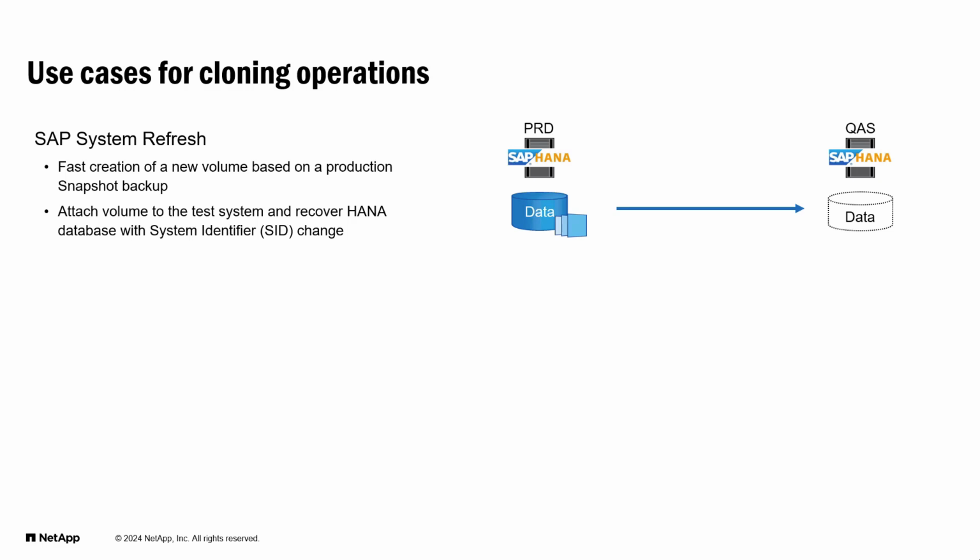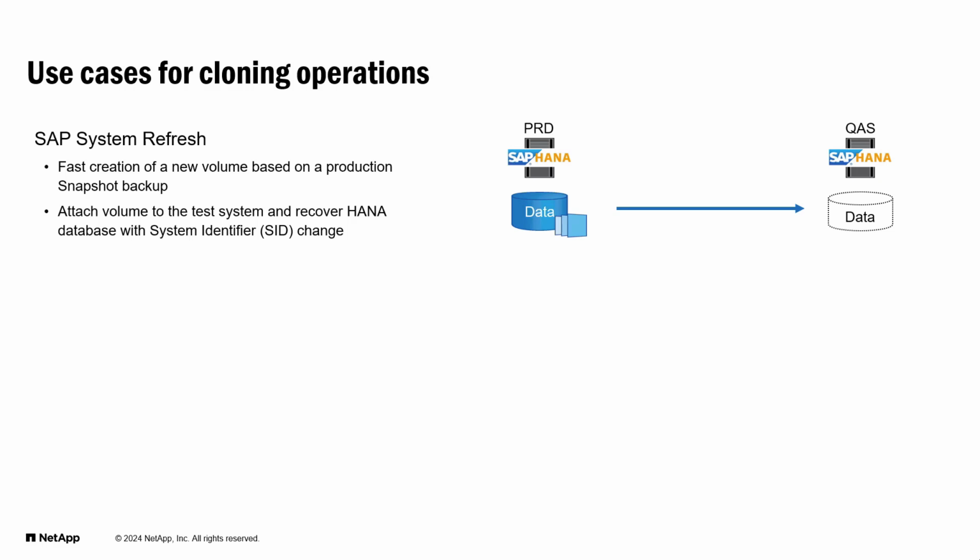The best known use case is the SAP system refresh, where data from the production system needs to be copied to the test or QA system. By leveraging the ANF cloning feature, you can provision the volume for the test system from any snapshot of the production system in a matter of seconds. In a second step, the new volume needs to be attached to the test system and the HANA database needs